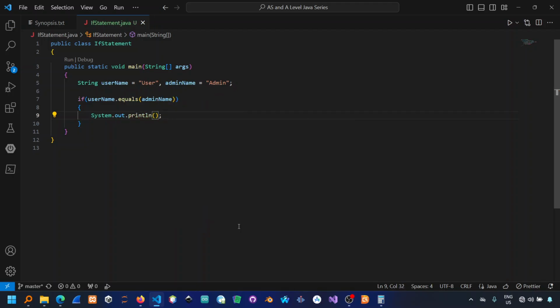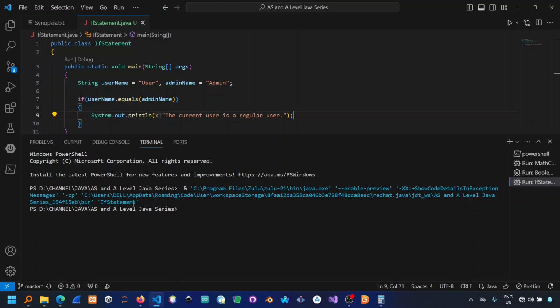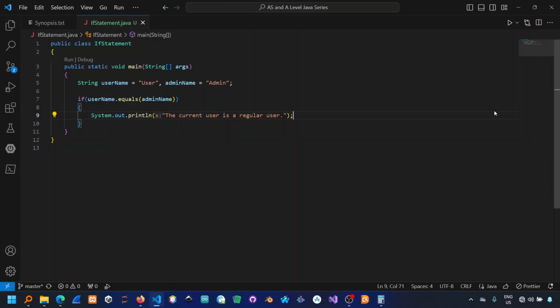So what we want to print is that the current user is a regular user, maybe, right? So let's go ahead and run this code and see what happens. You see that we do not get anything in the console, right? The reason why this is happening is that